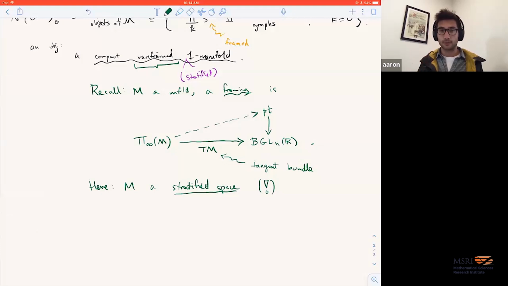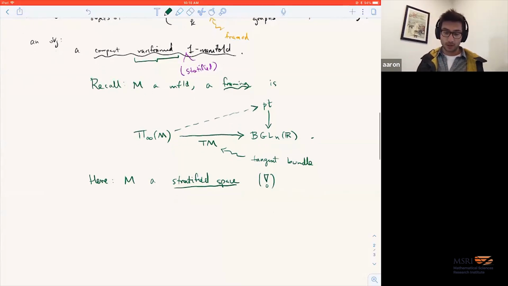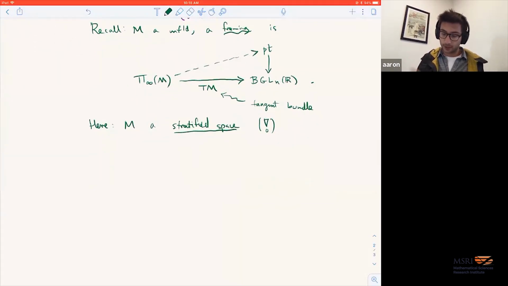It ends up having really amazing formal properties, but if you want an actual definition, it takes quite a bit. On the other hand, the one-dimensional situation is easy, and so we won't need to worry about it either. So if M is a stratified space, in the sense of Ayala, Francis, Tanaka,